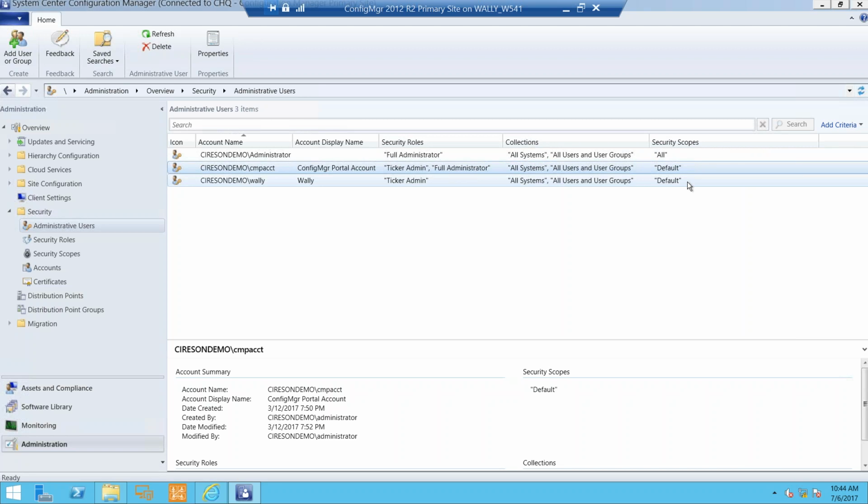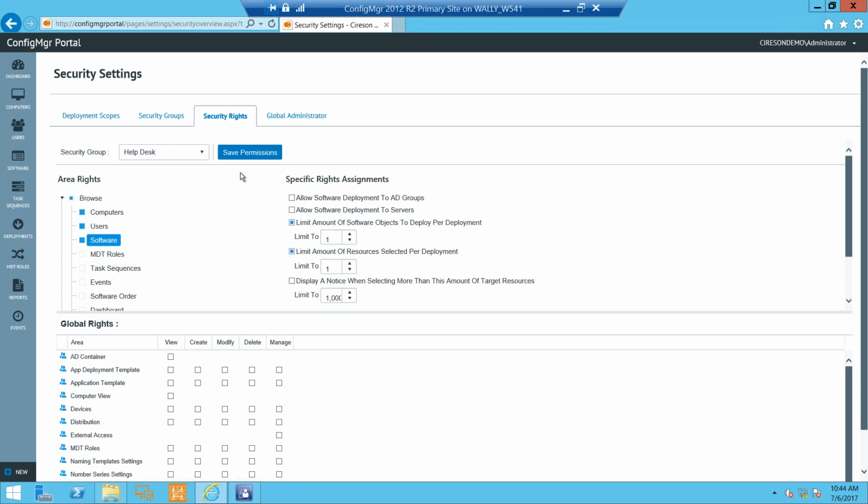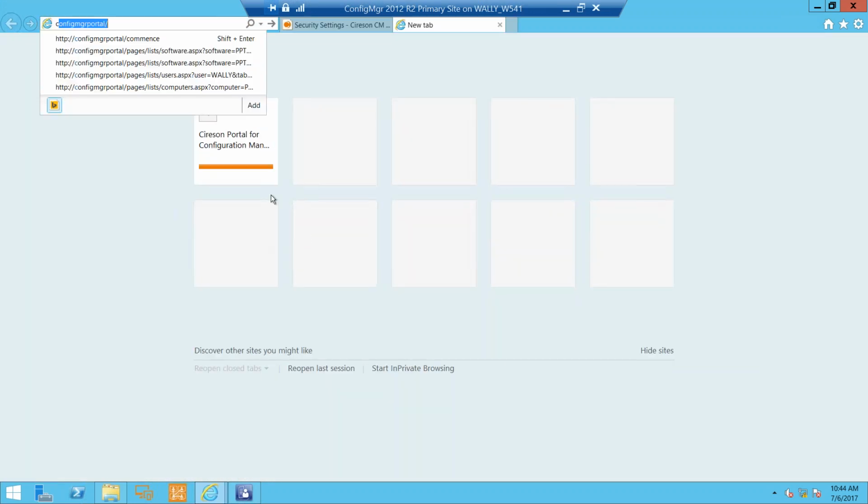So all of the actions that get performed from the CMP that impact Config Manager will get written to Config Manager through the SMS provider under this context. So with that, I don't have to create security accounts inside Config Manager for my users in the help desk scenario or any of my other groups. So now I can go ahead and